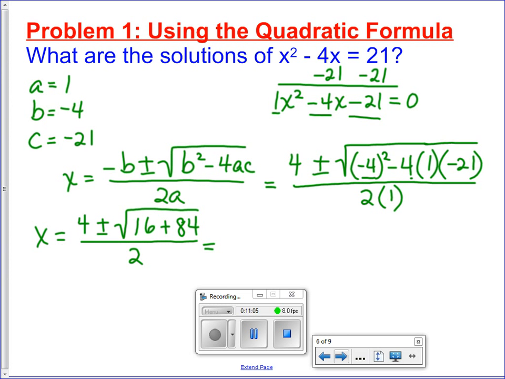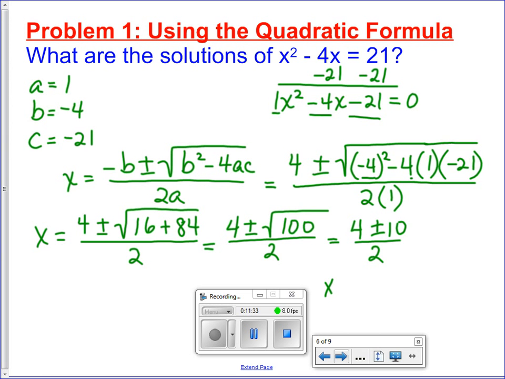All right, let's simplify under the radical still further. We have 4 plus or minus the square root of 16 plus 84, which would be 100, all over 2. And this is a perfect square, so let's simplify. The square root of 100 would be 10. At this point, I'm going to divide this into two problems. I'm going to have x equals 4 plus 10 divided by 2,